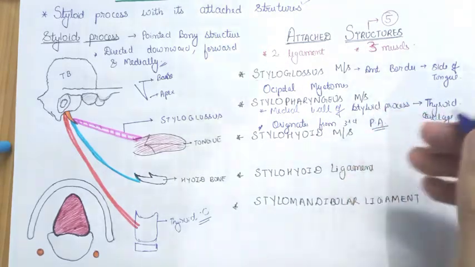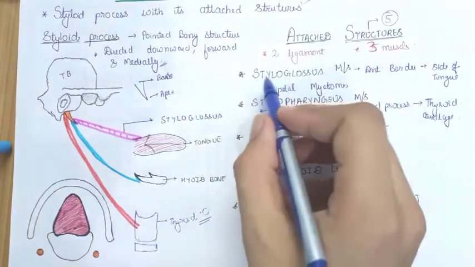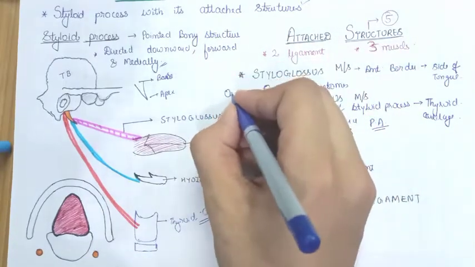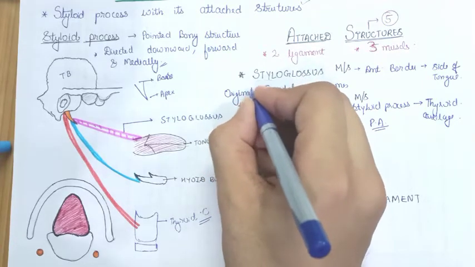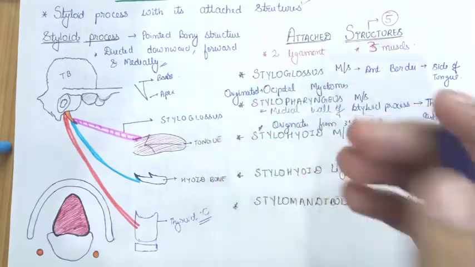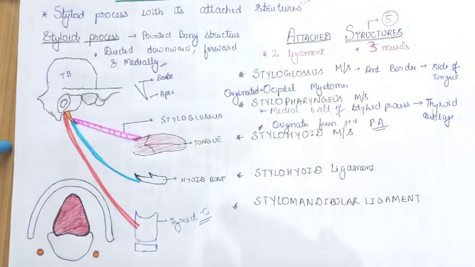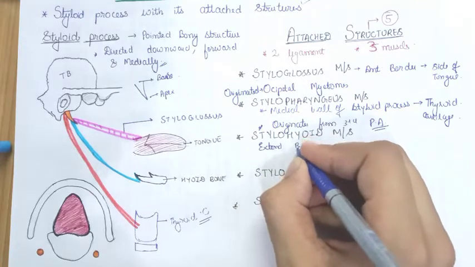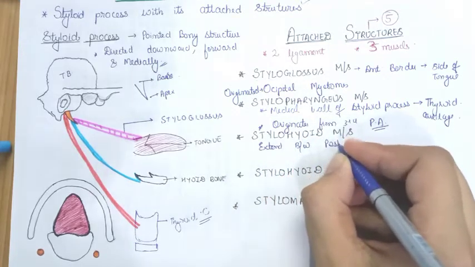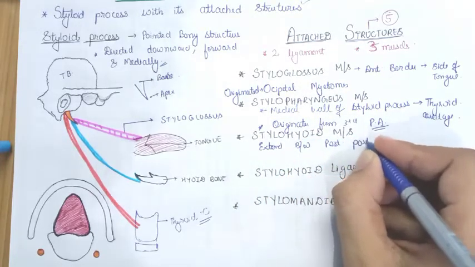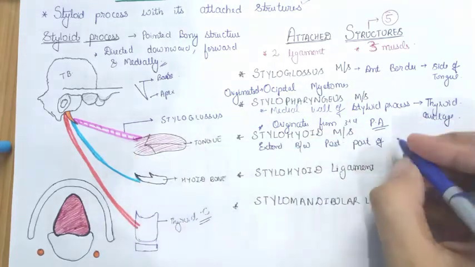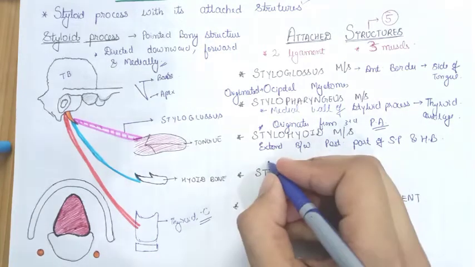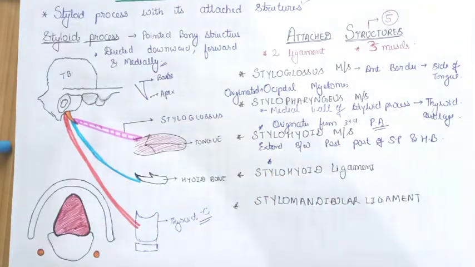PH stands for pharyngeal arch, right, complete in notes. And styloglossus originates from occipital myotomes. Now the stylohyoid muscle extends between the posterior part of both, that is the styloid process and hyoid bone, and originates from the second pharyngeal arch.